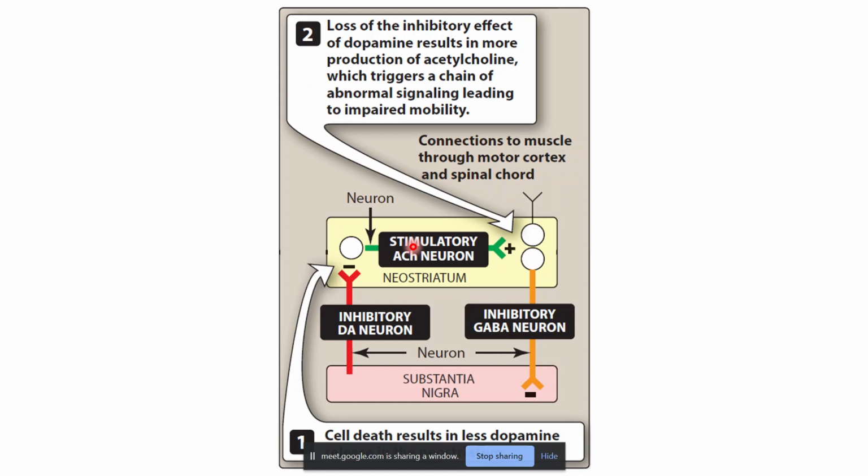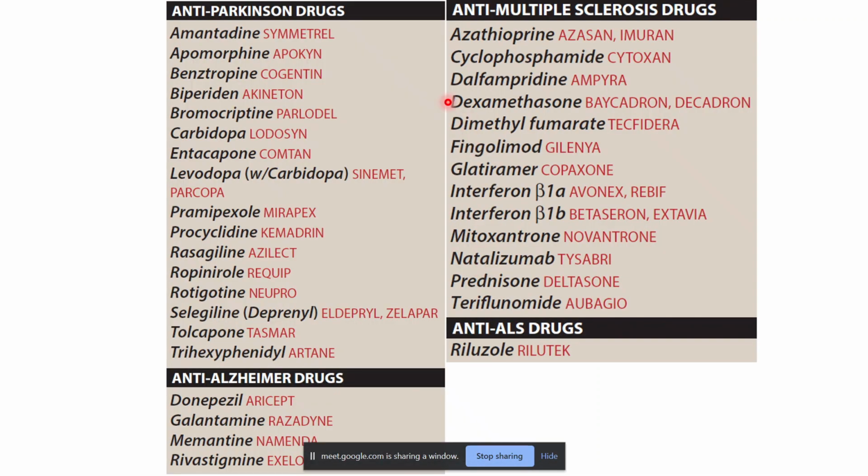So the treatment of the Parkinson's disease is based on increasing the dopaminergic action, so to make those neurons that are left more active, or decreasing the cholinergic activity. These are major approaches to the treatment. The drugs that are used for the treatment of Parkinson's disease include